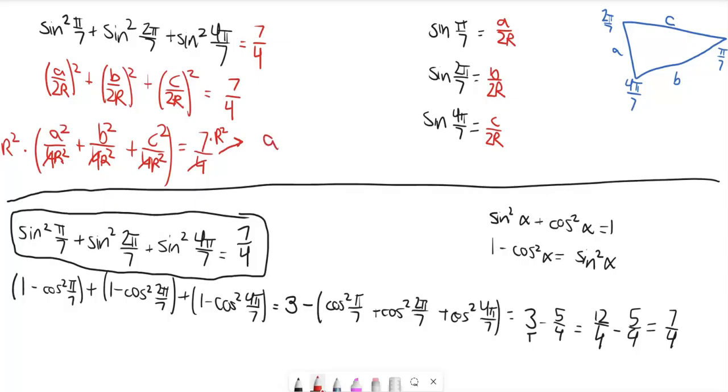And we're going to get the nice a squared plus b squared plus c squared equals 7 times r squared. And this is a nice variable expression where we have the lengths of the three sides being squared and they'll add up to 7 times the circumradius squared. So we have a nice relation of the sides and the circumradius put together,